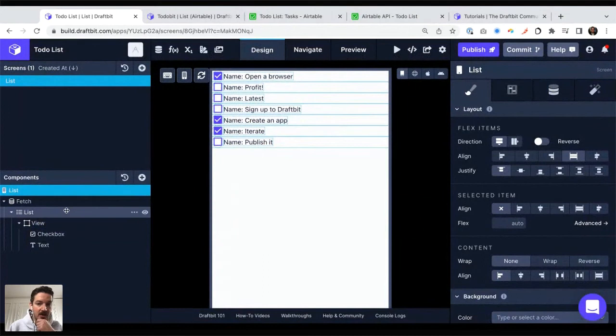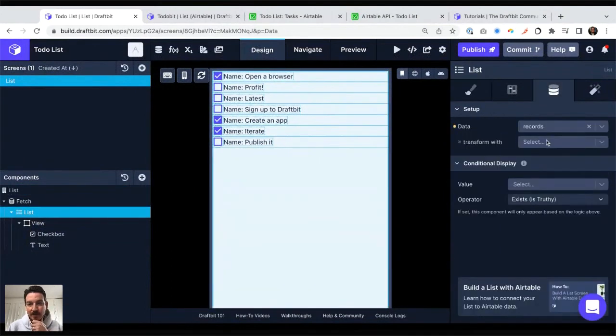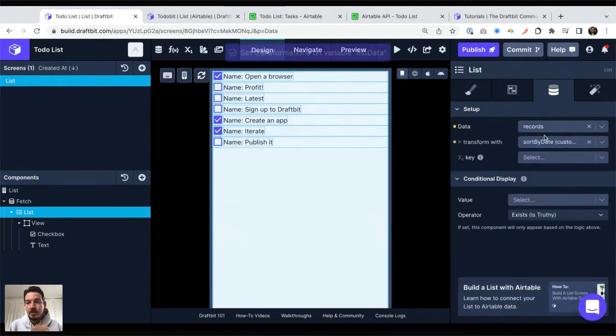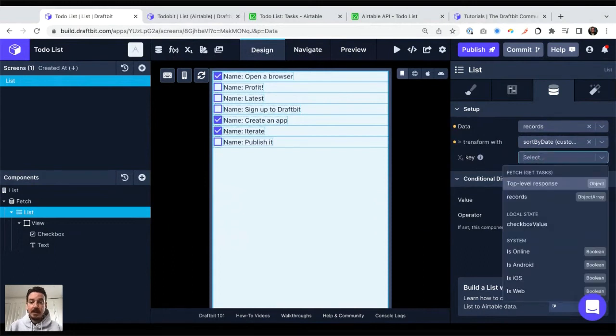Let's see. I'm going to go back to my list. I'm going to try to apply that function. Now that I've created it, you see it shows up here, custom, sort by date. All right. So the very first parameter is the record itself, like the array itself. And I don't have to pass it. The system is smart enough to know that you're applying a transformation on an object. So that object is the first parameter that you need. The second parameter, though, I need to tell it what it is, and it's just a name.